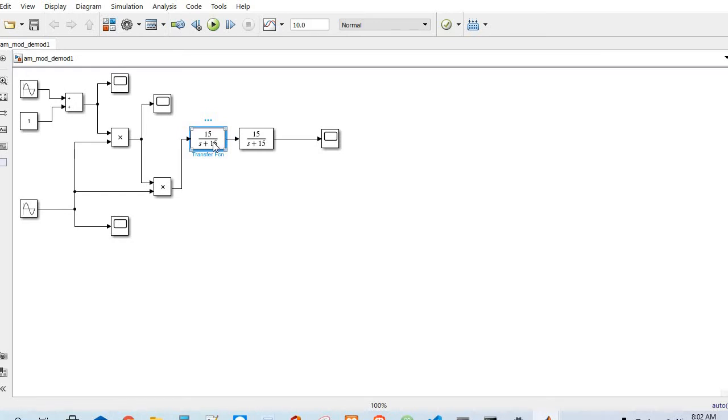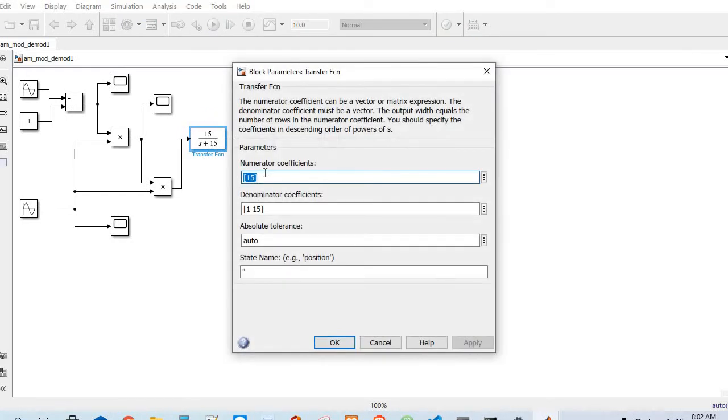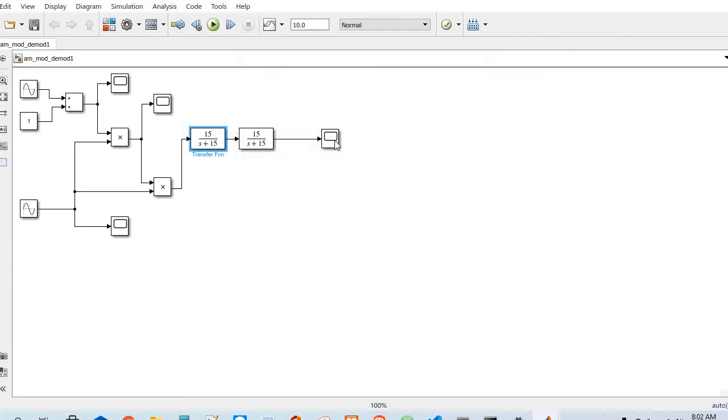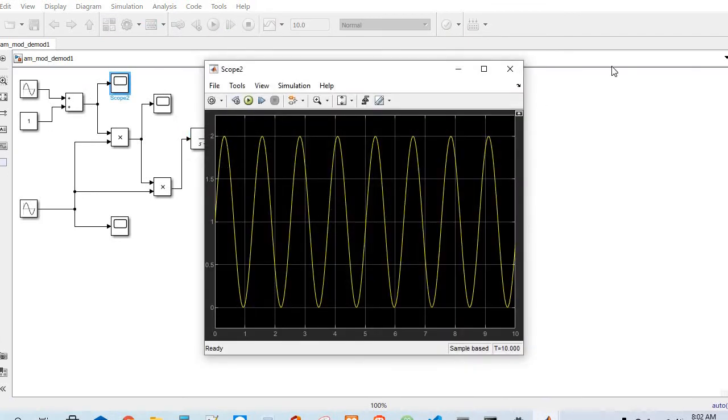I've set it to 15. Like if you click over it, here's the numerator, 15, and here is the denominator, 1 s plus 15, or 1 plus 15, whatever you say. So now if we run it, now we see the original message here. It looks like this. Okay,